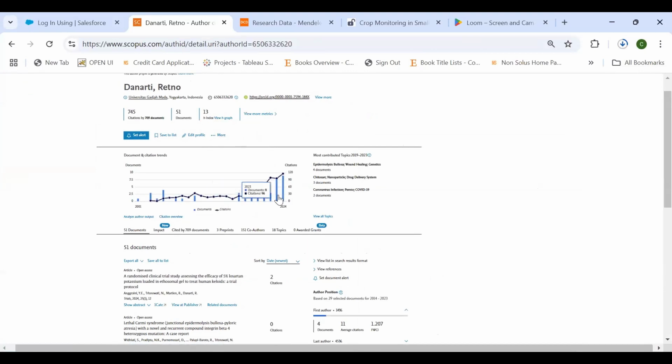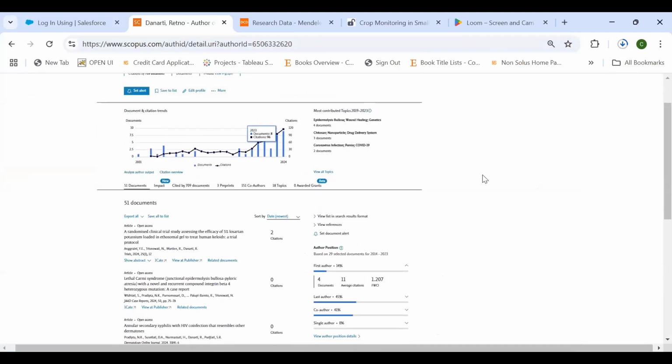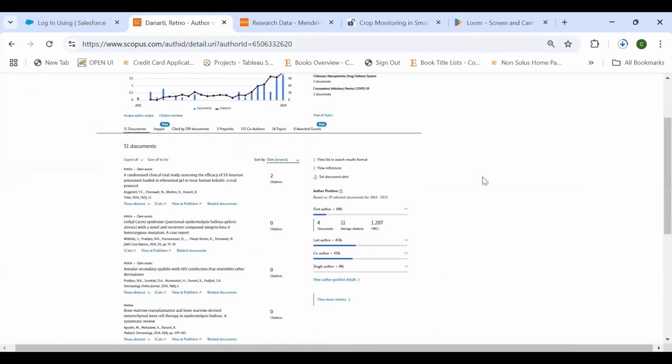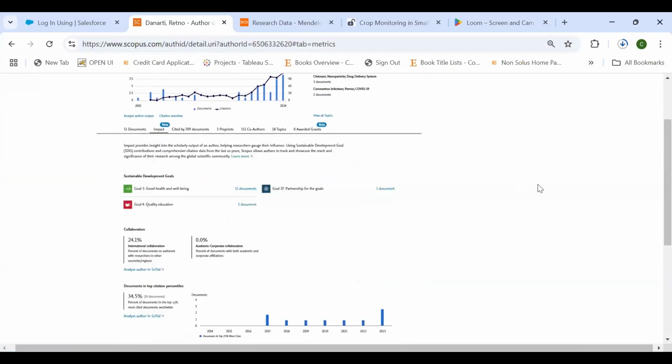So here you could see how she has progressed in terms of research output. And then when we look at impact, these are the SDGs where her articles have actually been categorized. So it's goal 3 and goal 4 and goal 17.